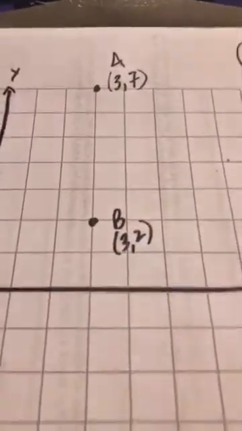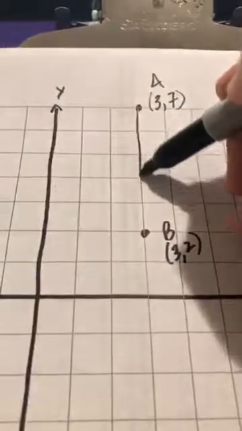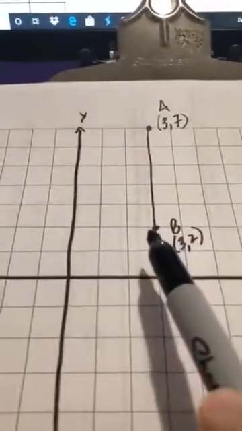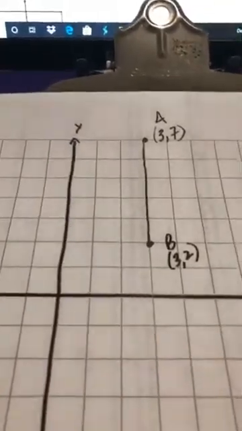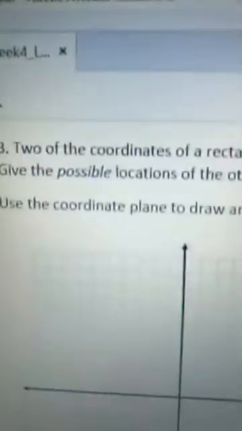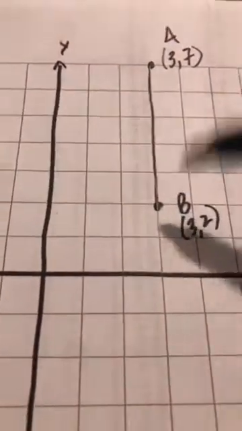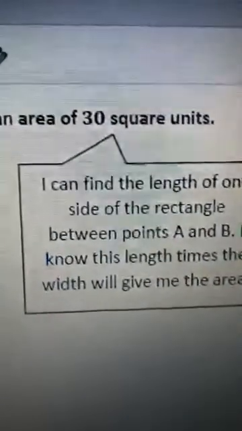So when they said possible locations, it's because we could have a rectangle. If this is one line of it, we could have a rectangle that goes this way, or we could have a rectangle that goes this way. So we're going to have to find all of those possible locations of the other two vertices. And remember, the vertices are the corners where the lines come together. So they've already given us 2, okay? And they've told us the area is 30 square units,